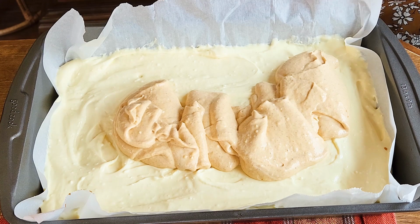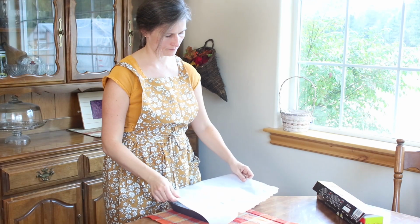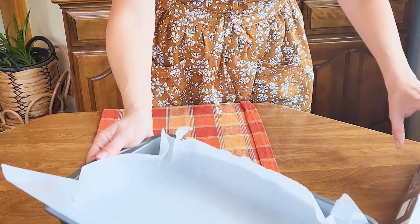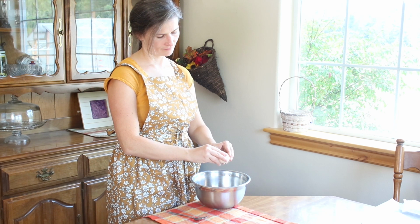I'm Ludmilla and today we're going to make delicious keto pumpkin cheesecake bars. You won't need any sugar or flour to make this recipe. And I'm just starting off by lining my 9x13-inch cake pan with parchment paper and then jumping right into making